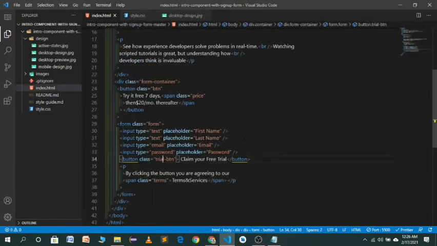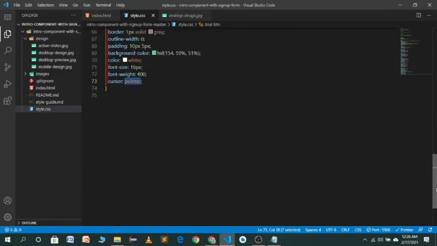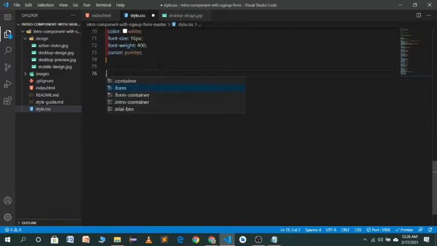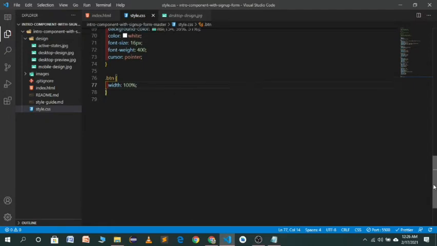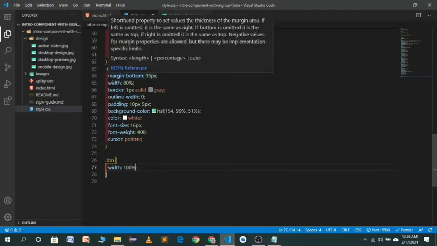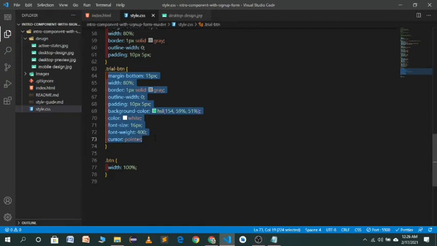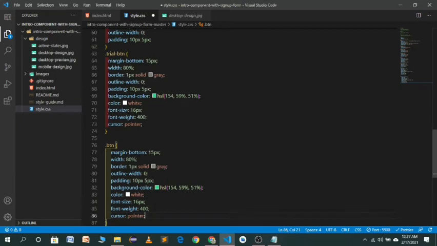and now we have to target this button, btn. Now let's target this button. We give it a width of 100%. Let's see how it will affect it, and give it some of the same properties. Let's give it the same properties. Width of 100%,